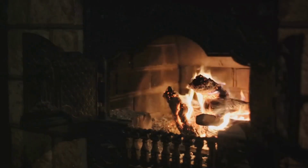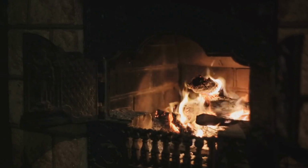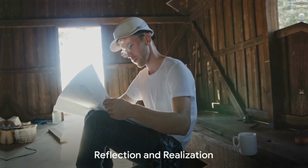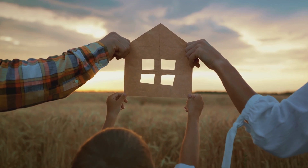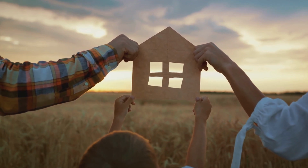The sound of crackling firewood, the aroma of a home-cooked meal, and the cozy ambiance of this forest abode completes the picture. Reflecting on the journey, it's not just about the physical labor or the skills required. It's about the pursuit of a dream, the relationship with nature, and the satisfaction of creating something with your own